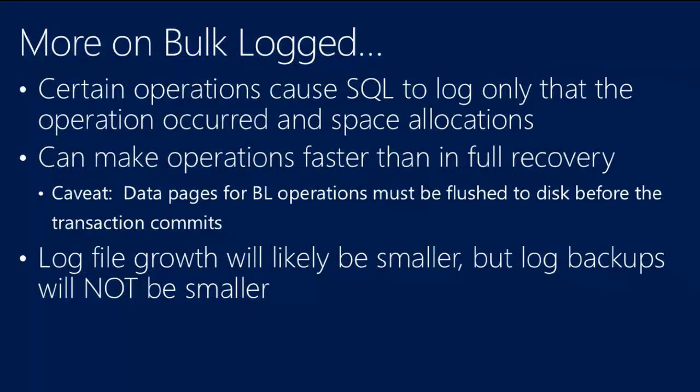So the bulk logged recovery model. This recovery model is in effect so that we can perform certain operations more quickly. And there are a finite number of bulk logged operations that we can perform out there. So index rebuild is one of them, a select star into table. There's a number of other bulk logged operations. And essentially the idea behind a bulk logged operation is that I'm writing less to my transaction log file as